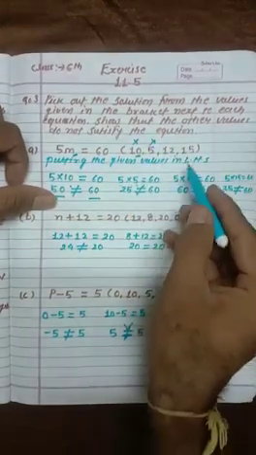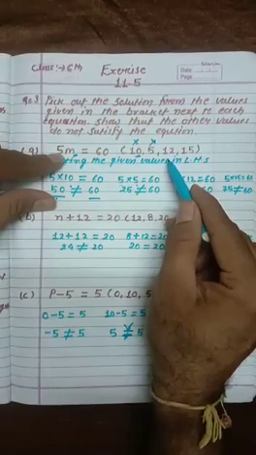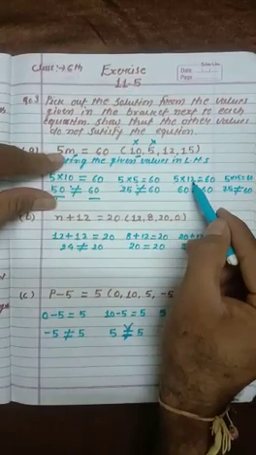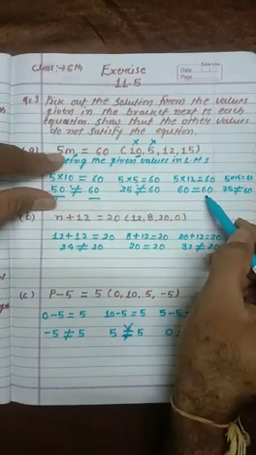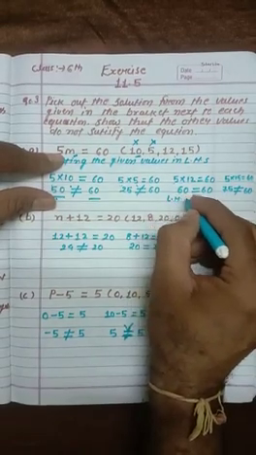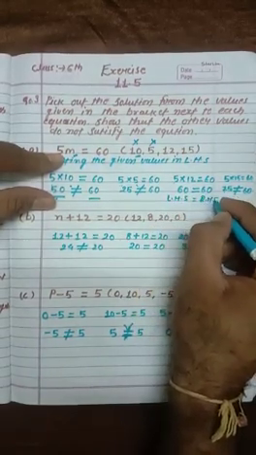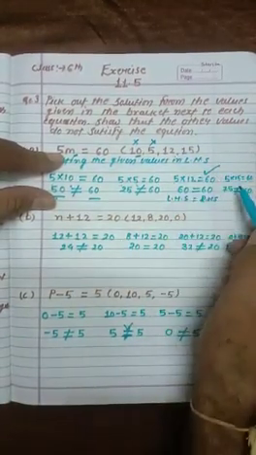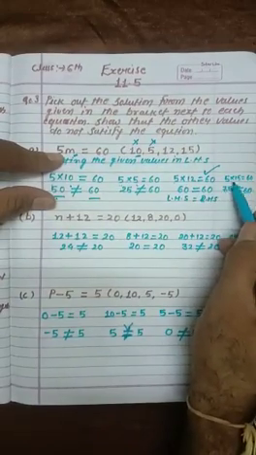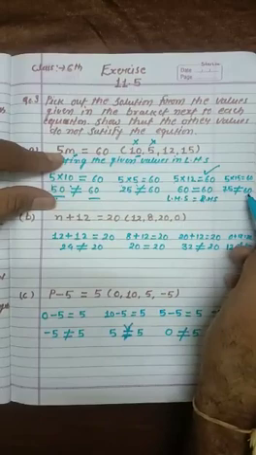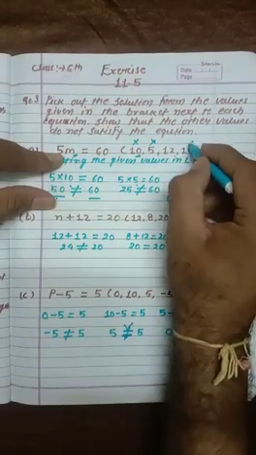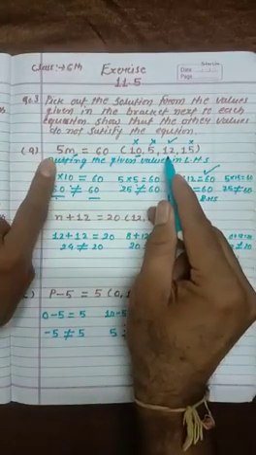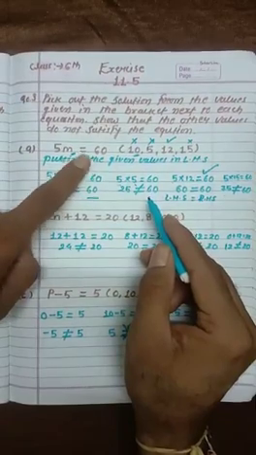If I take 12, I put the value 12 in the place of m, so it will be 5 multiplied by 12. If you multiply 5 with 12, it will be 60, so 60 is equal to 60. This LHS is equal to the RHS, so the equation is satisfying. Again the last one, that is 15. If you put 15 in the place of m, simply multiply, that will be 75, and 75 is not equal to 60. So this value is also not satisfying. So which value is satisfying the given equation? That is 12. If you put 12 in the place of m, you will get the satisfied equation.